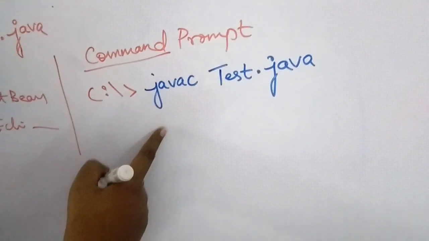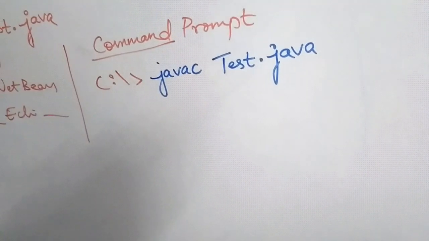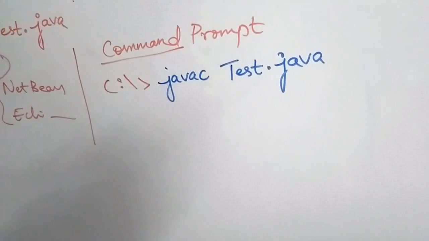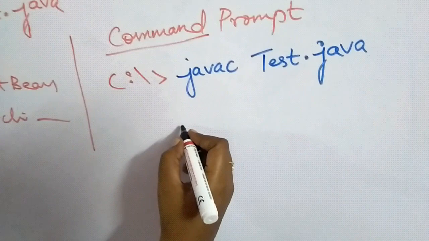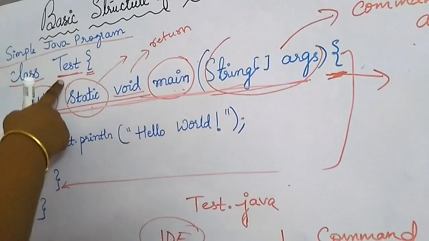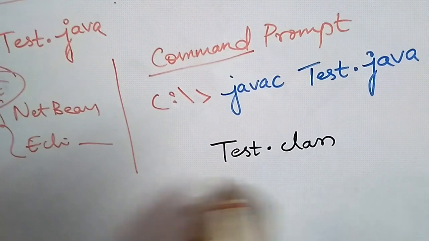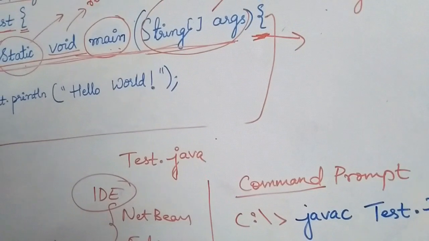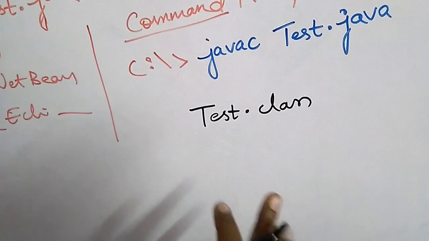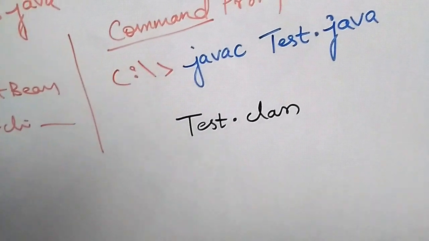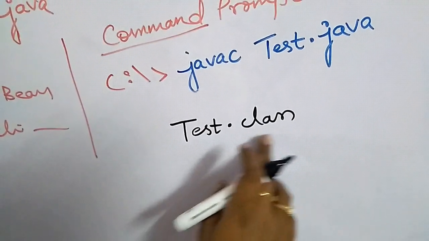Say that the program has compiled. What will happen after this compile is, there will be .class files created. That's what is your bytecode. After compilation, there will be bytecode created. What is a bytecode? Bytecode is named after the class. So test.class file will be created. However many classes you have, for all of them there will be .class files created. If I am having class A, a.class file will also be created. Since I am having only one class over here, there will be only one class file created, which is test.class.